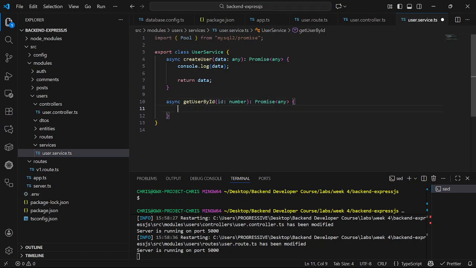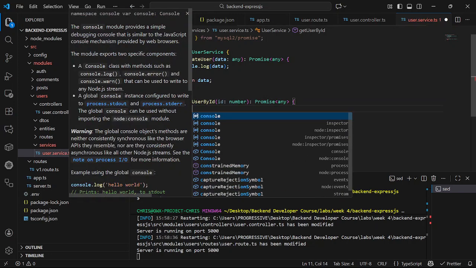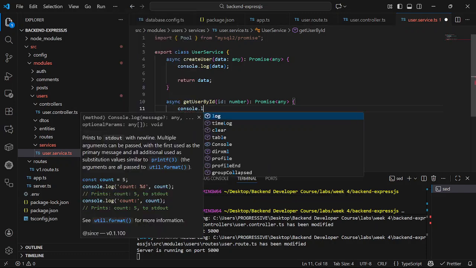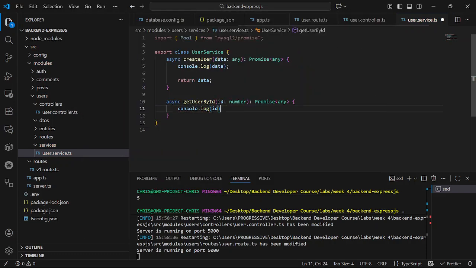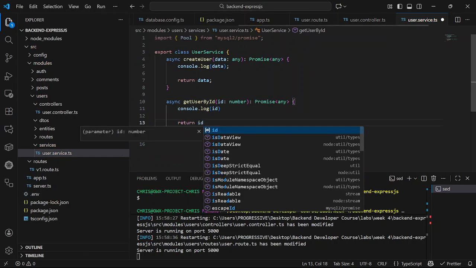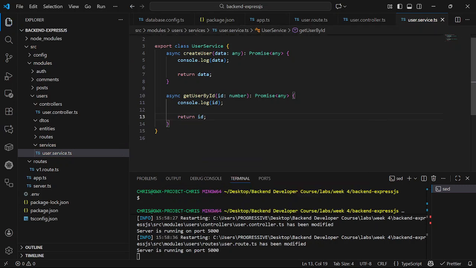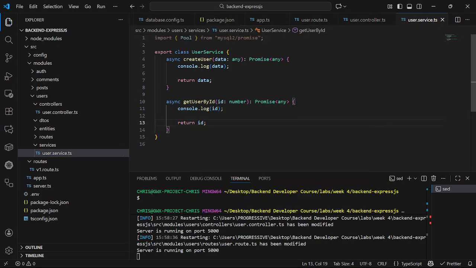So here, let me just console log the ID, then return the ID. So these are the services. All right. How do we use this service now? Okay, remaining one. Let me just create